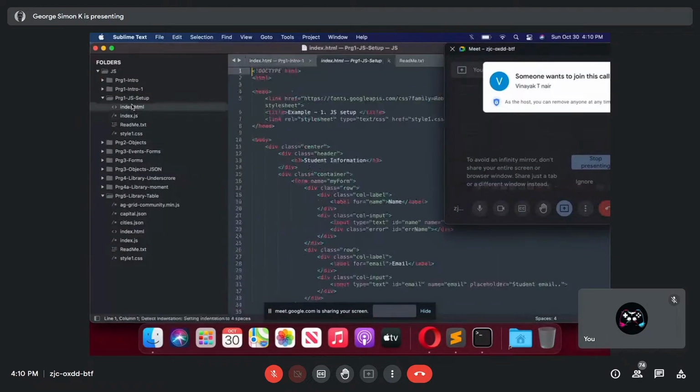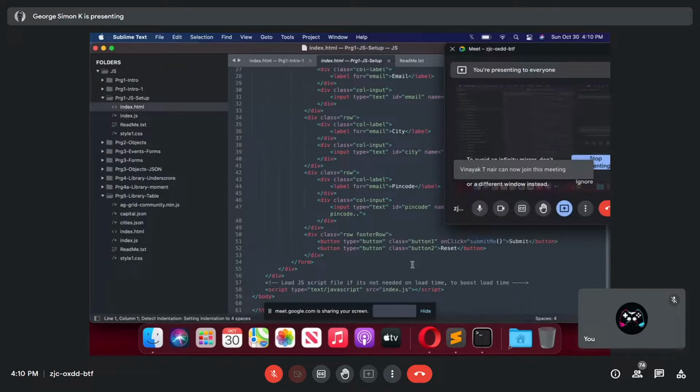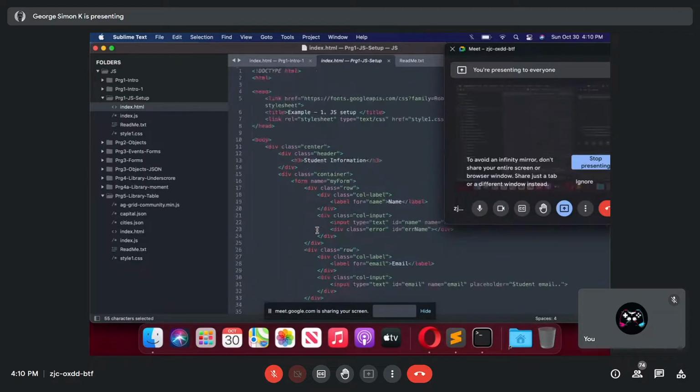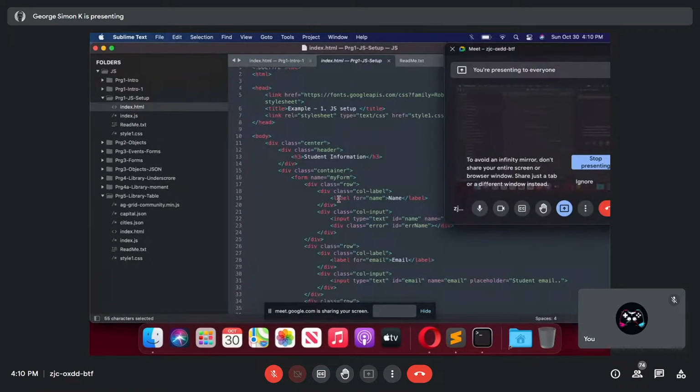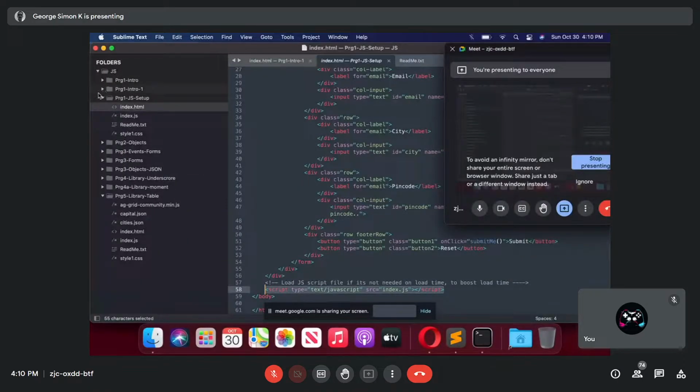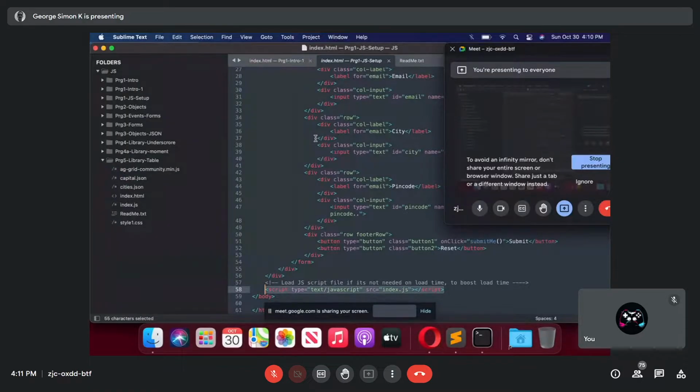And the JavaScript file, I'm loading at the bottom of the screen. So the code looks much neater, and it is very easy to debug and very easy to understand. So a web program has three parts. One is HTML, one is JavaScript, one is CSS.